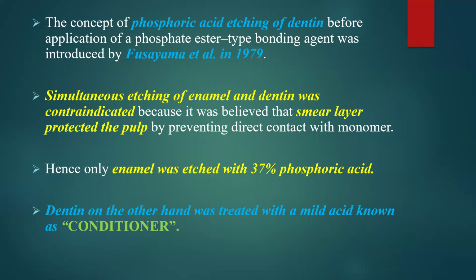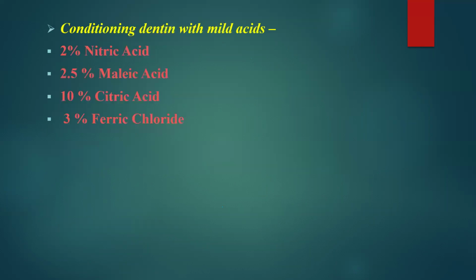In 1979, there was a simultaneous etching of both enamel and dentin, which was contraindicated because it was believed that the smear layer protected the pulp by preventing direct contact with the monomer. Hence, only enamel was etched with 37% phosphoric acid. Dentin, on the other hand, was treated with a mild acid which was known as the conditioner. The agents which are used for conditioning include 2% nitric acid, 2.5% malic acid, 10% citric acid, and